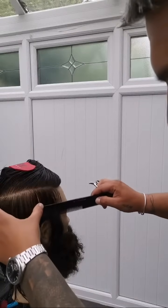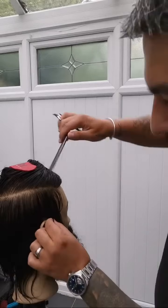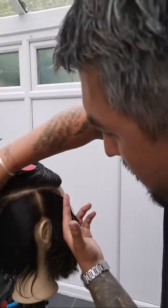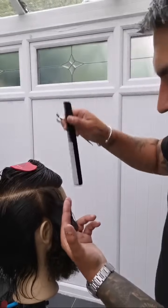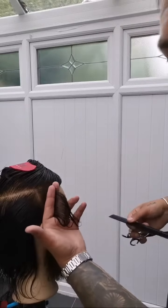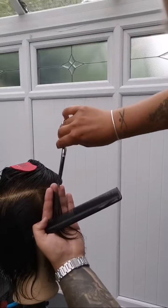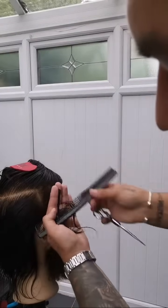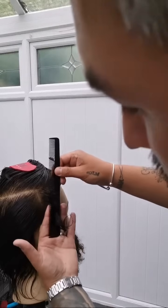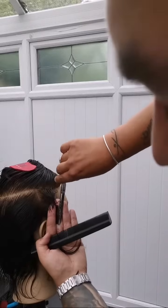Section roughly about maybe, on these combs, about 5 teeth. So you're looking about 1/2 inch wide in sections. So again, because we are leaving a bit more hair there, we want to leave the sections slightly wider. And I'm bringing this section back in as my guide, okay? So I'm bringing that back into, pull it out of the guide, nice and straight, and cut. Pull it back again. There's a guide from underneath and a guide from the top, nice and straight, and cut